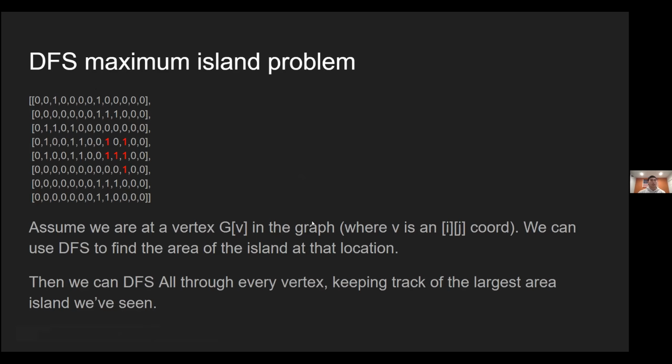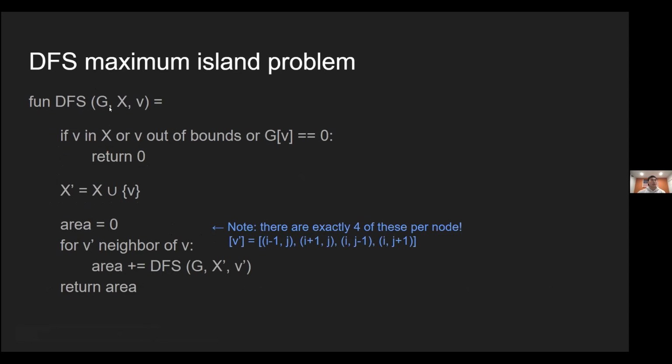And let's take a look at this first step first. Running DFS to find the size of an island given a starting coordinate. So that sounds like just a generic DFS algorithm. This is basically the same algorithm from earlier, just with some additional things. So same thing, right? The graph, the set of nodes that we've seen already, and the current node. So V here is representing an ij